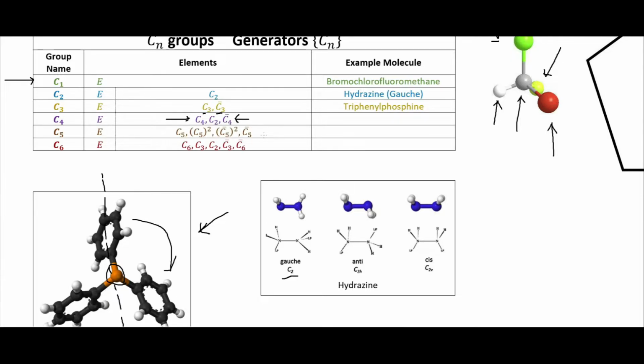And so we see kind of the same thing here for C6, that we have the C6 and a C3, which is just two C6s, then a C2, which is just three C6s. And we have the C3 bar, which you could think of as four C6s or two C6s in the other direction. Then this C6 bar, which you could think of as five C6s or one C6 in the other direction. And so C5 rotations, so I just put this